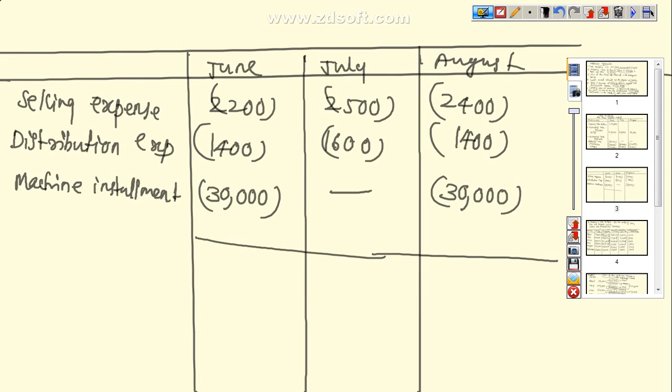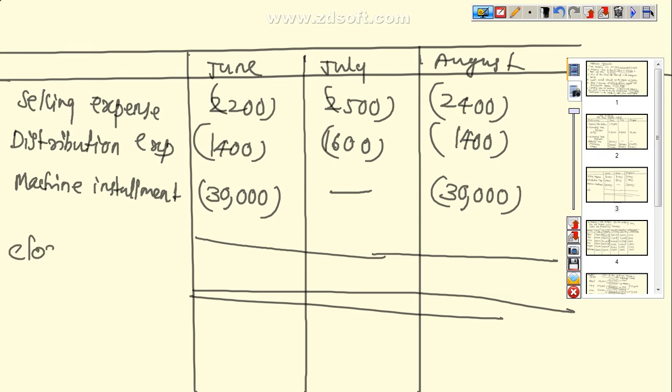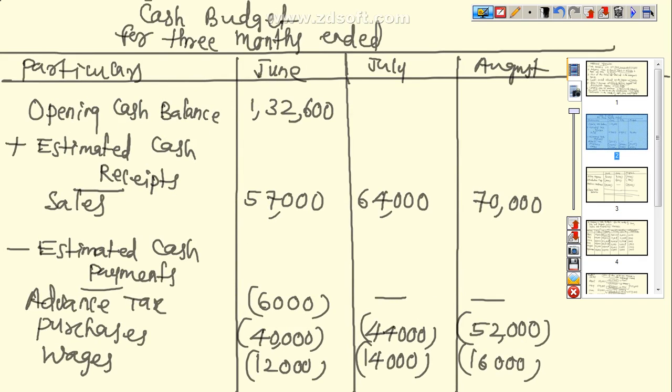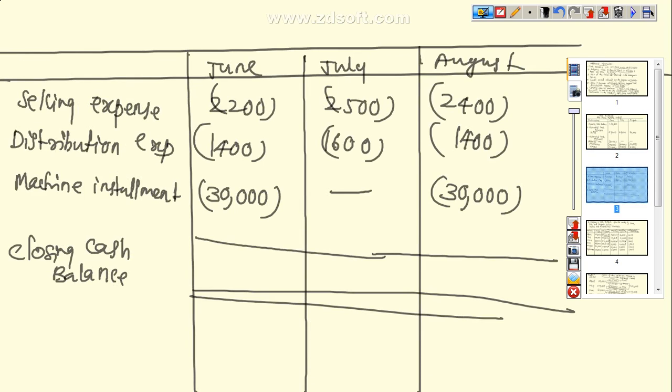So we write here closing cash balance of June. How to calculate? 1,32,600 plus 57,000 minus 6,000 minus 40,000 minus 12,000. Then continue, minus 2,200 minus 1,400 minus 30,000, that is equal to